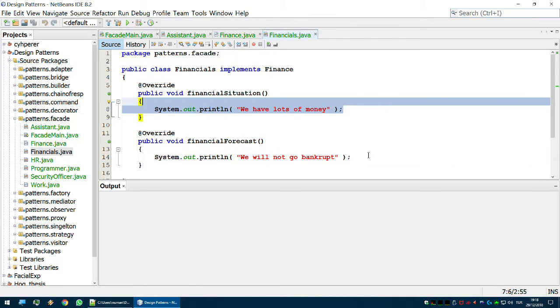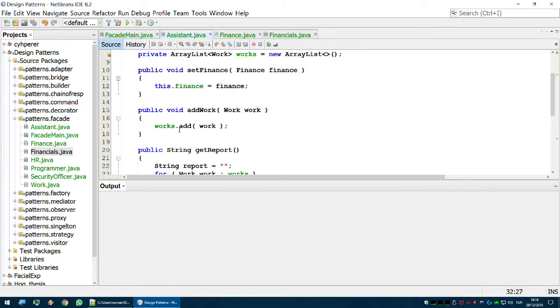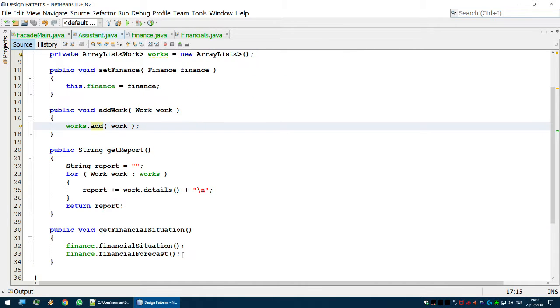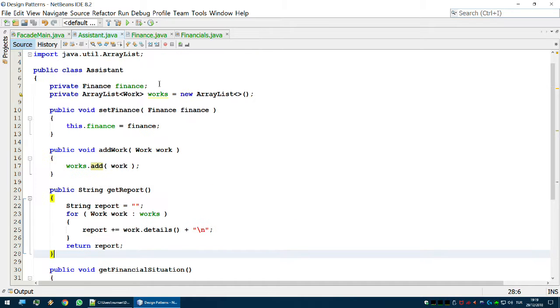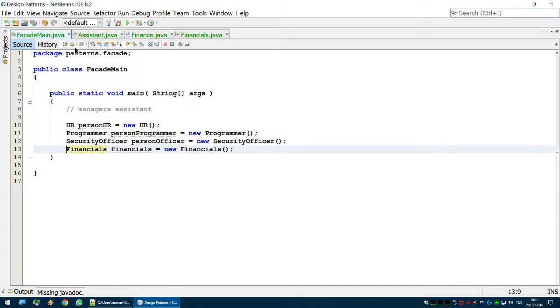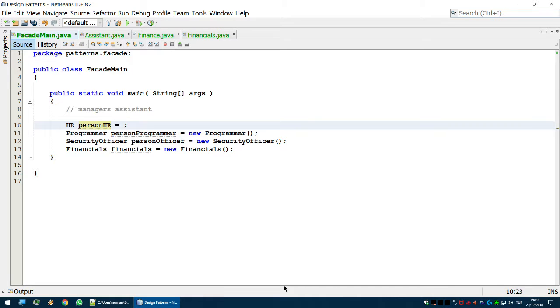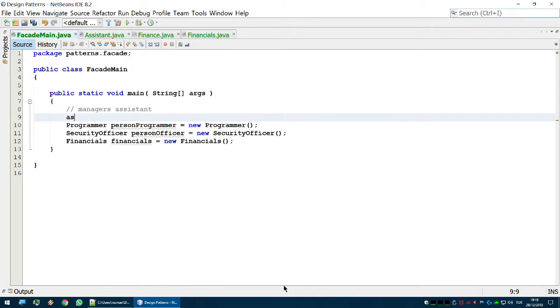See, and assistant will be invoking the necessary methods for the manager. So this class is our facade. And how? Because I will be creating one class for assistant, one instance for assistant,